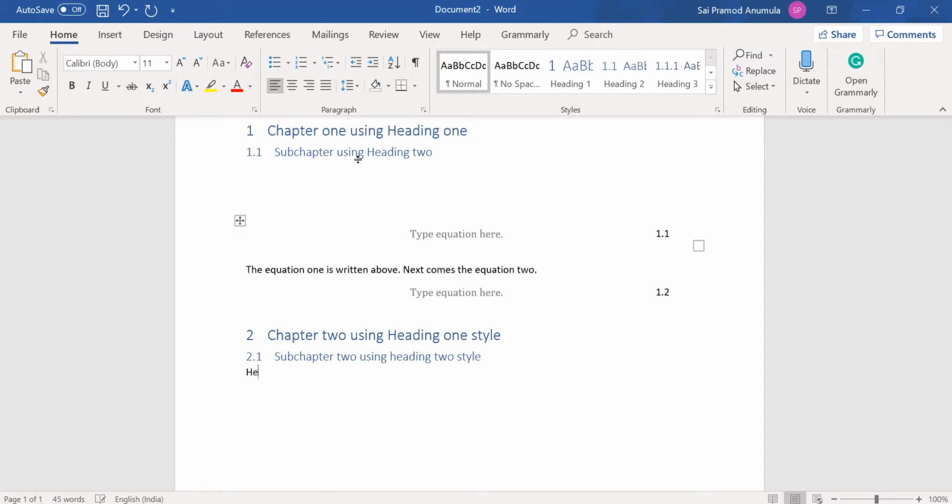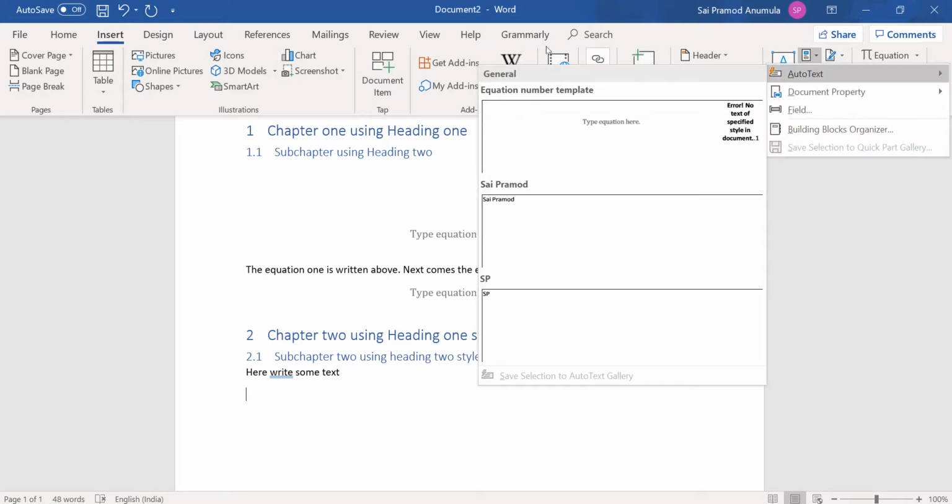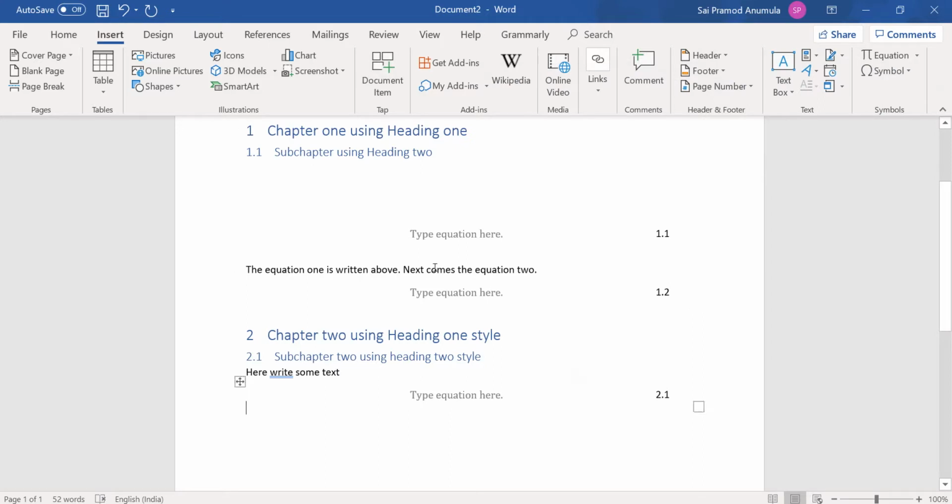Here write some text, and now if you want another equation here, simply go to insert, auto text and equation number template that you have saved before. Here you will get the equation as 2.1. This 2 denotes the chapter number and this 1 denotes the equation number.